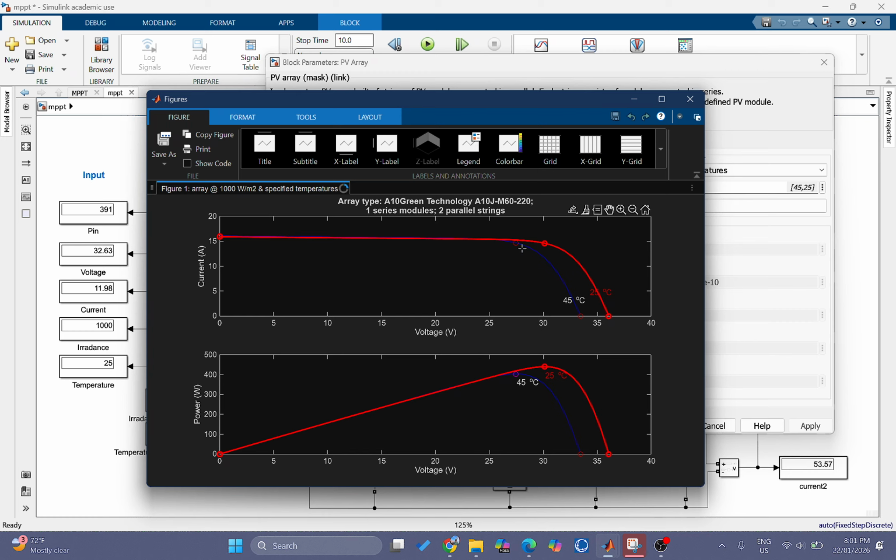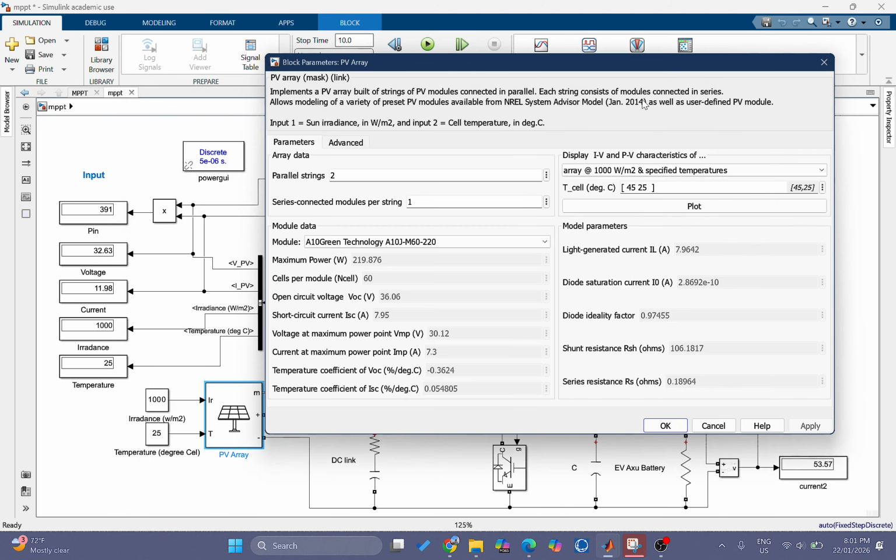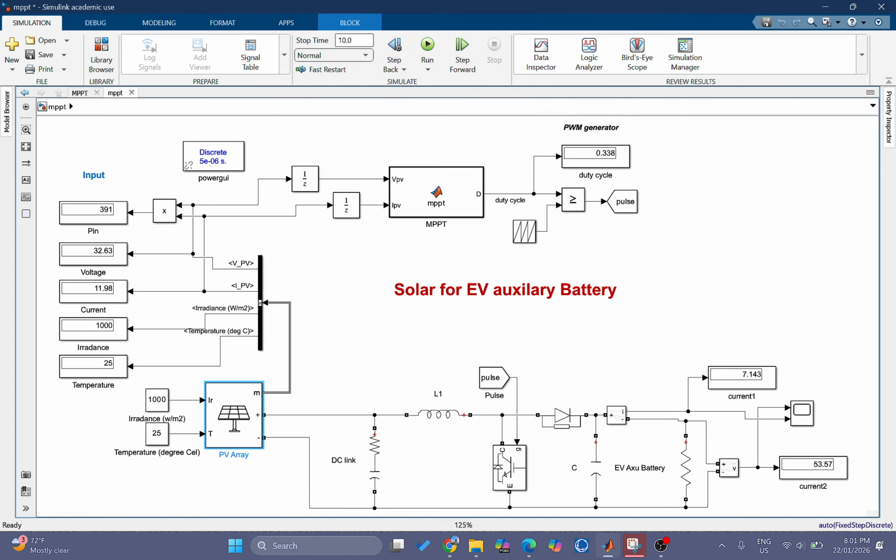So your MPPT values are given here. This is a standard test condition. And let's run this. So when I simulate this model,